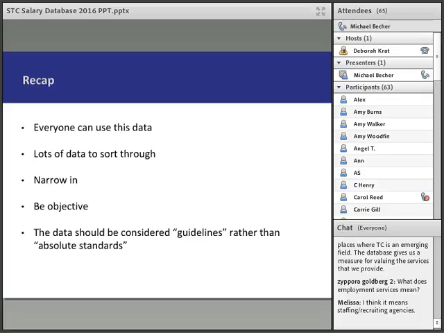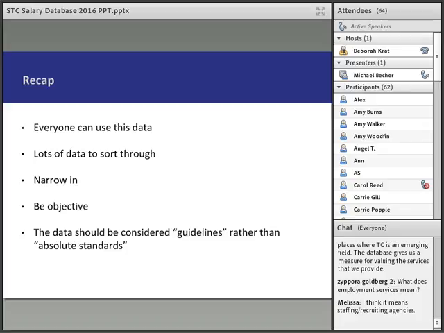So just to recap, everyone can use this data, whether you're an employee or employer. If you're just getting into the industry, it provides valuable information to you. There's a lot of data to sort through, but we give you some guidelines that we went over here and are included in the report to really allow you to narrow in on the different areas that would most benefit you, whether it's geographic location or industry, and this gives you some examples of how you can use this data to figure out your appropriate wage based off of your own experiences and individual circumstances. As you go through, just be objective.